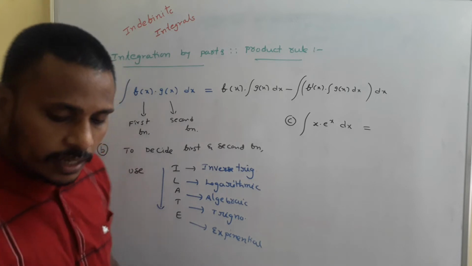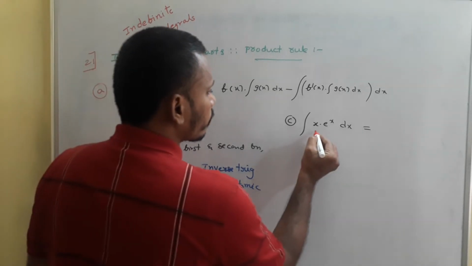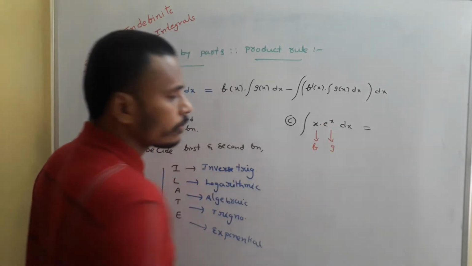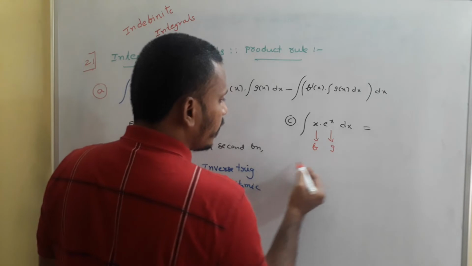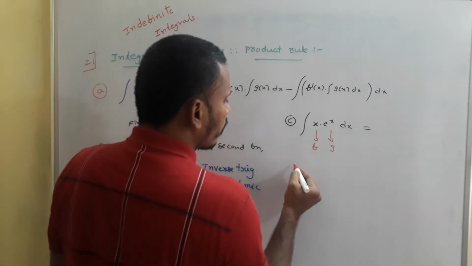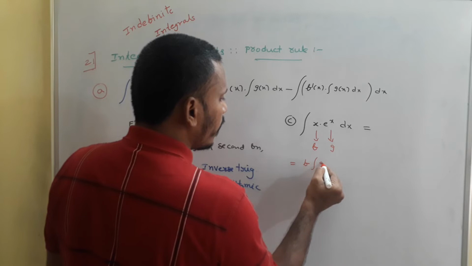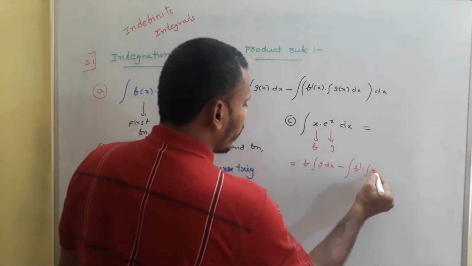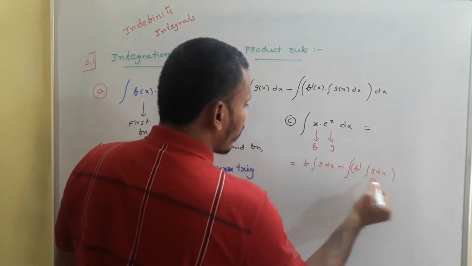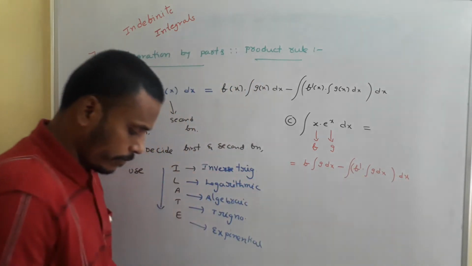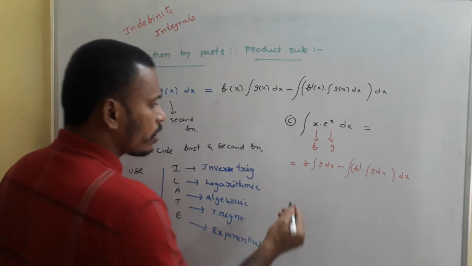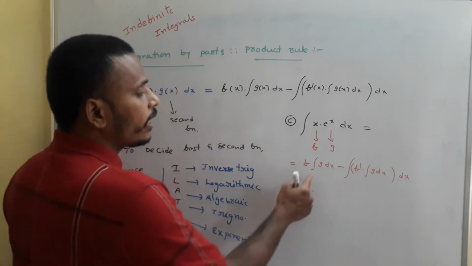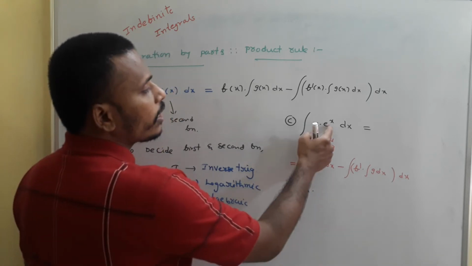So to apply this integration by parts, we need to take this x as f and this e power x as g. And now what is this integral of f g dx? Use the right formula once again. This is equals to f integral of g dx minus integral of f dash into integral g dx, and this part is again with respect to x. And now this is equals to, what is f? F is the first function which is x into integral of g dx. G means what? E power x, right?